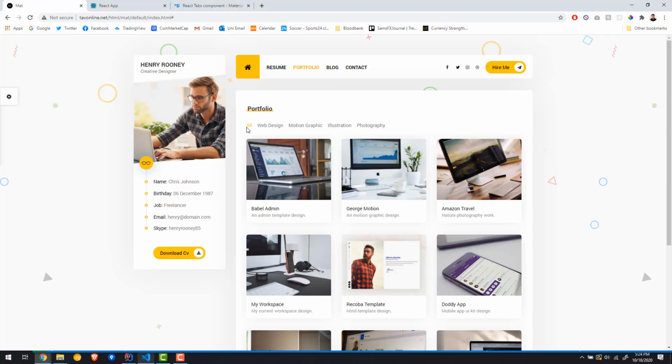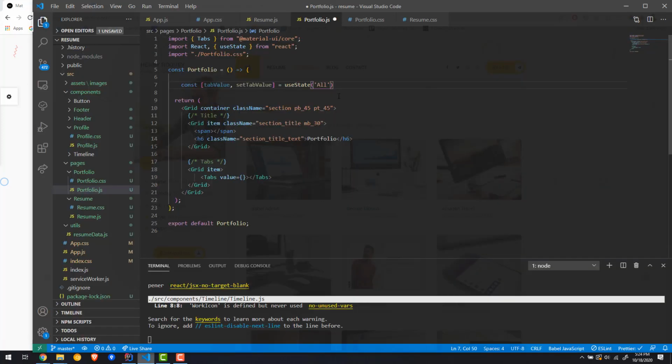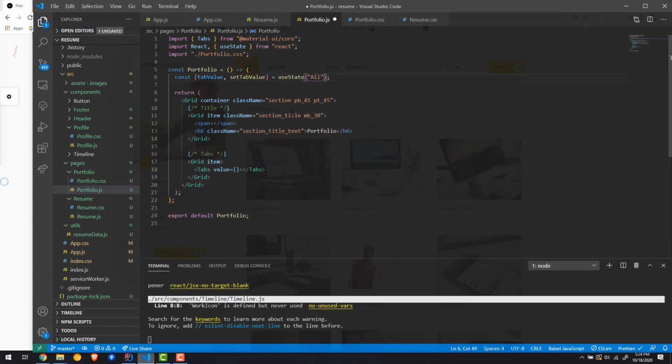So the default value is all. It's gonna show all the projects. Okay. So default value is all, and the value is going to be the tab value. Okay, so that's going to be the value. And then